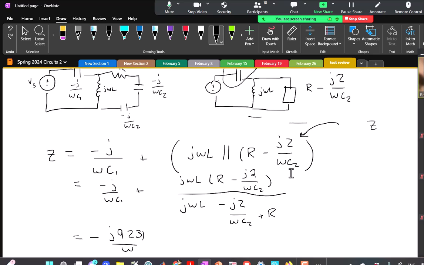So C1 is 108.33 times 10 to the negative 6. So 1 over that turns out to be 9,231. But the omega is in the denominator, plus, did I really do all? Yeah, I really did. Okay, so plus